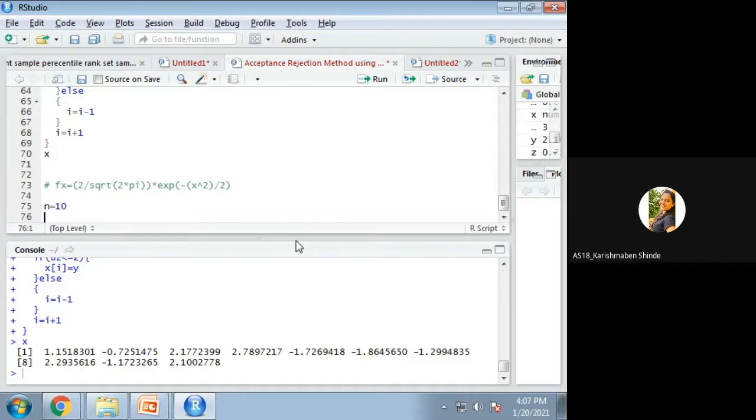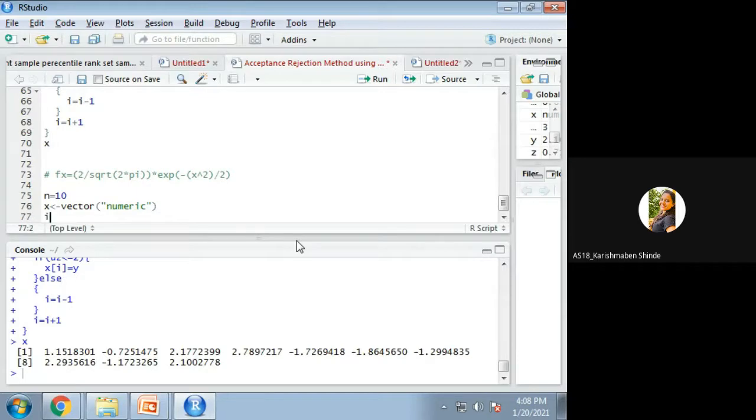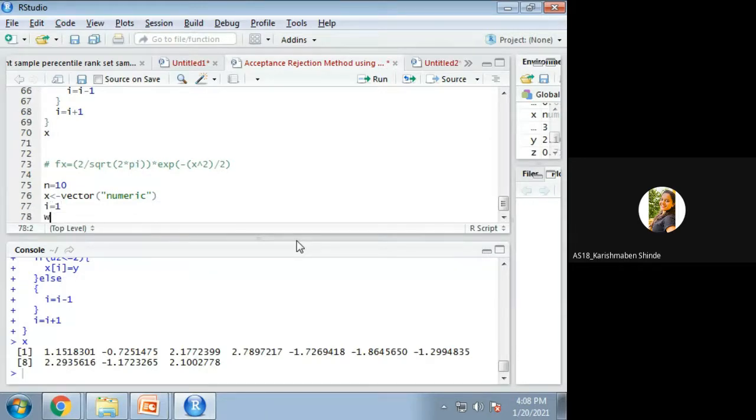Then what do we do? Yes, tell me. We make a vector of numeric, i equal to 1, while i is less than or equal to n.